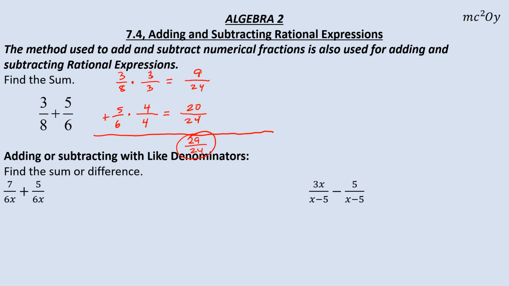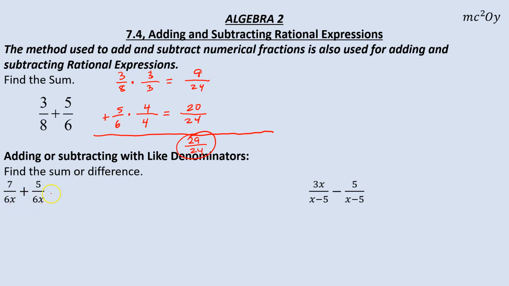Now, this textbook and most textbooks like you to go through the process of finding a least common denominator before you add these. In fact, it's a whole other problem set. I don't do that. I just do it in the context of the problem. Okay? And that's only if you need a least common denominator, right? I mean, for instance, on these first ones, adding and subtracting with a like denominator, well,